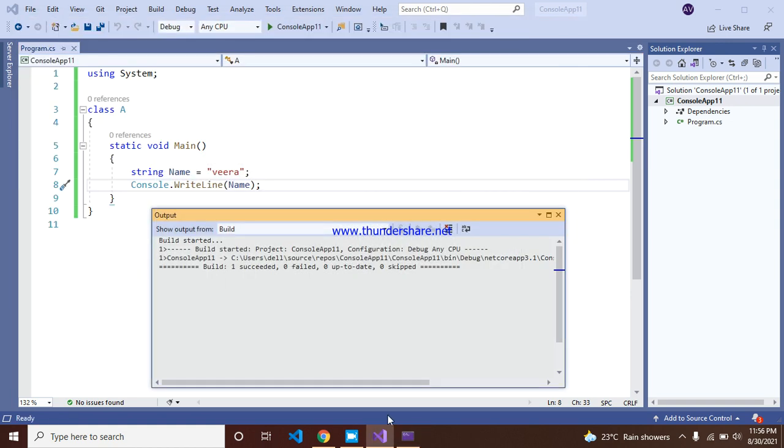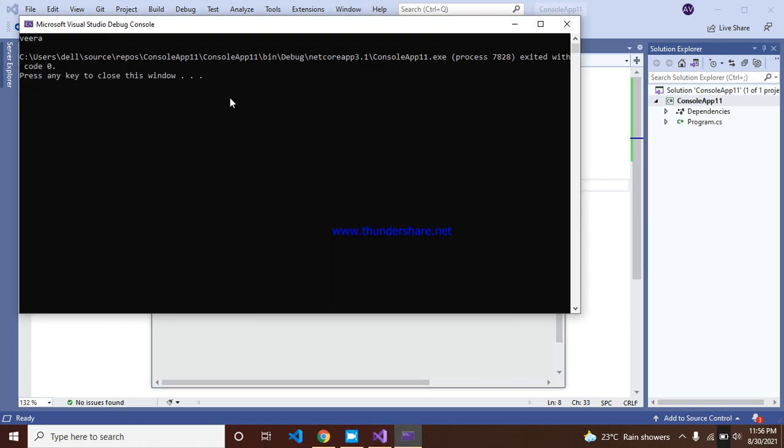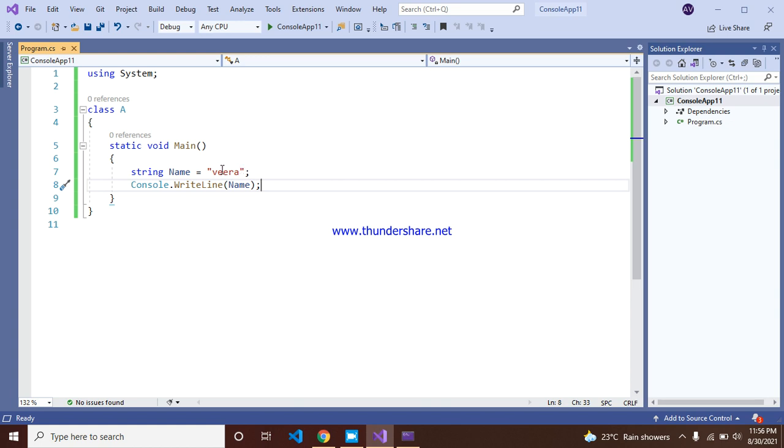But if you want to add double quotes around this Veera, how can we add that? Here, Microsoft introduced the escape sequences in C#. How can we use the escape sequences? You can use a backslash followed by double quotes.